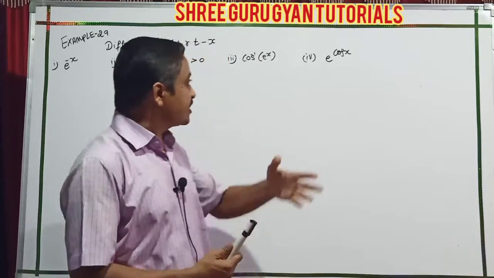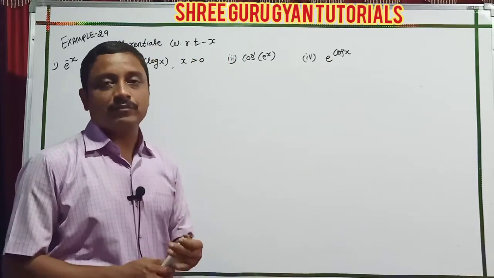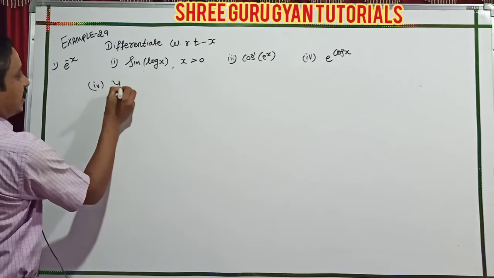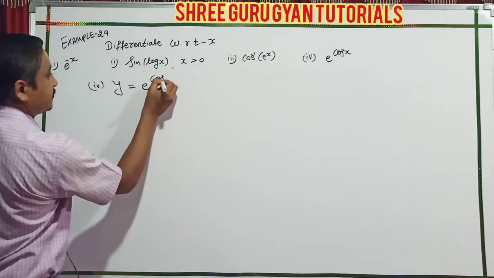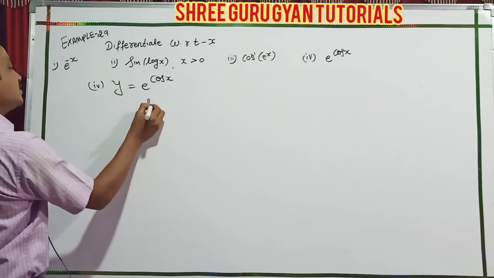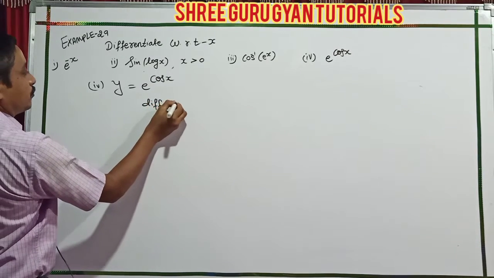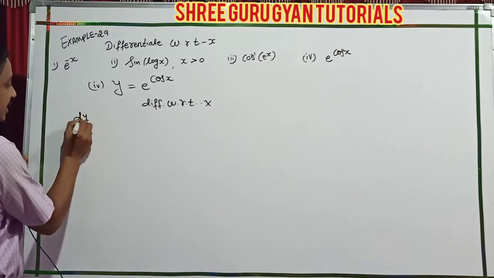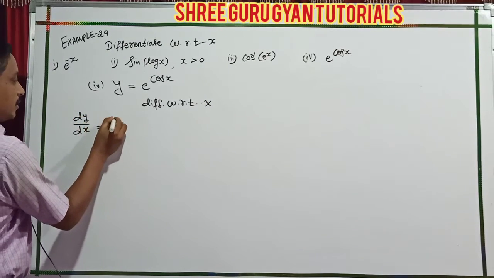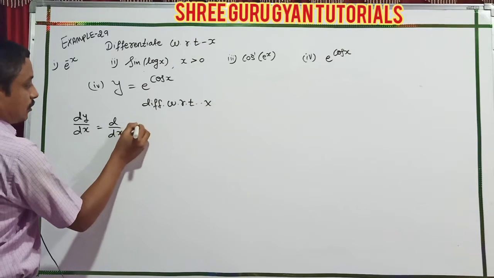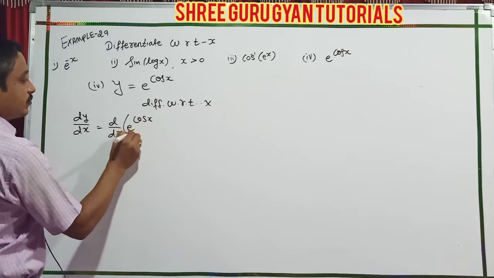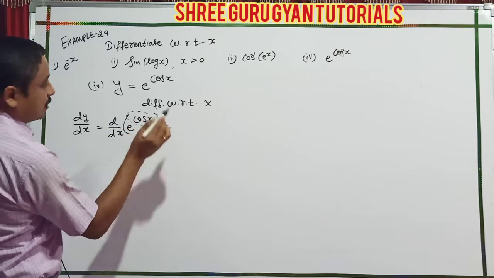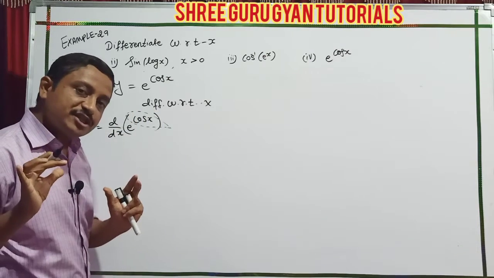Now students, similarly I explain question number 4. 29 illustration continues, the fourth one. Our fourth question is y is equal to e raised to cos x. Here also, differentiation with respect to x. So what do you get, dy/dx? dy/dx of e raised to cos x, same. Students, here you check that cos x is one of the composition functions.